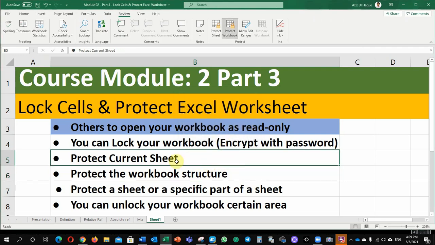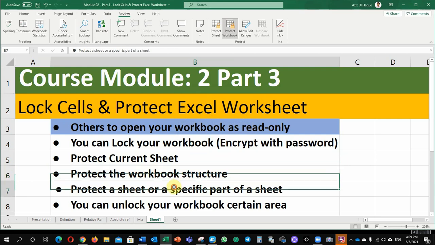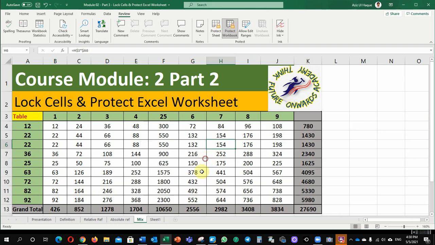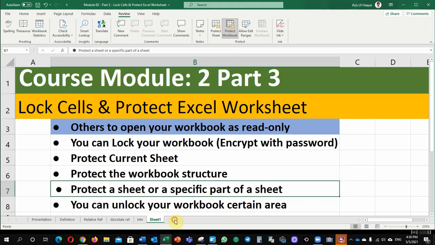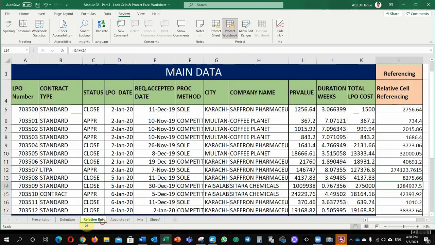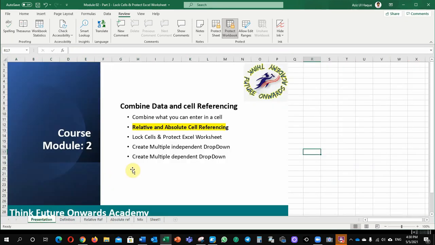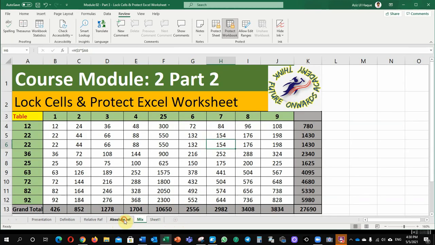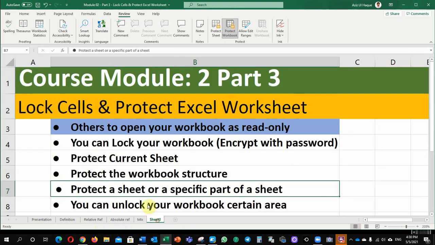After entering your password here, if I click any of the options, you can see these are disabled. This means I cannot add a new worksheet or anything here. So it means it is protecting the structure of my workbook.